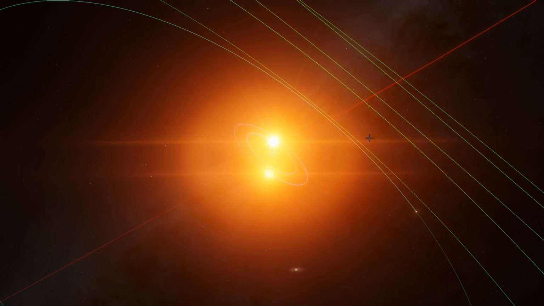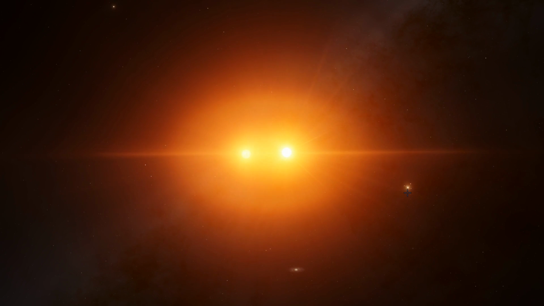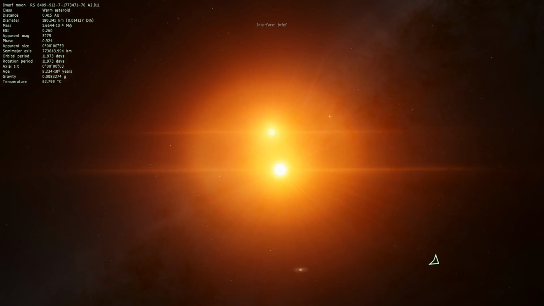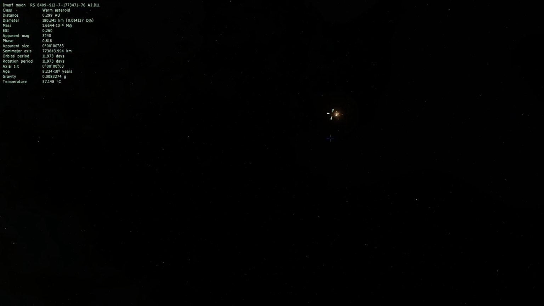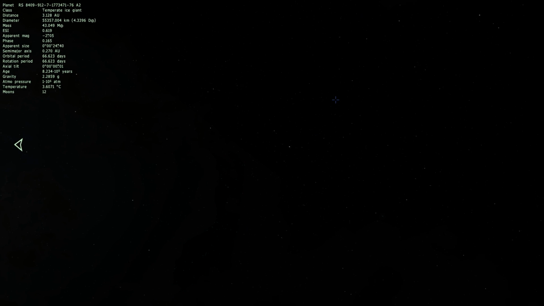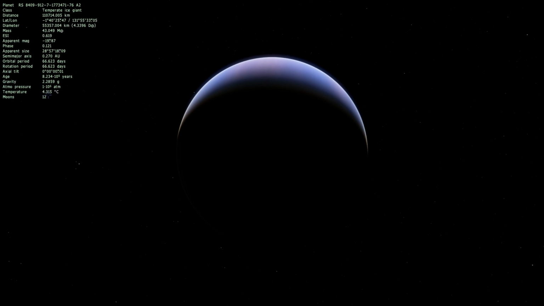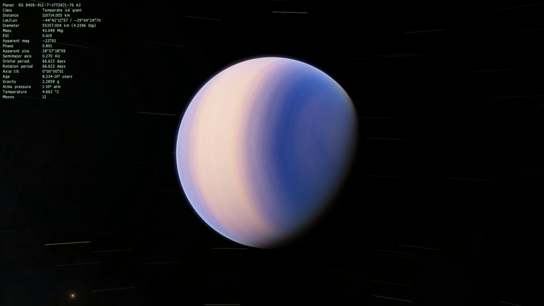You can see a string of asteroids rotating around behind the stars. A few moons on what I presume is a gas giant. Let's check it out if we can. It's a warm asteroid. I might have to slow down time for this. Yep. Oh, not a gas giant, a temperate ice giant. Interesting. And this is at a nice 4 degrees Celsius. This is doable. This is doable.